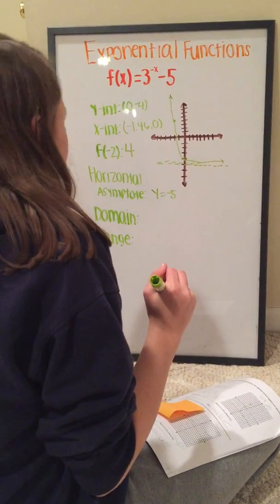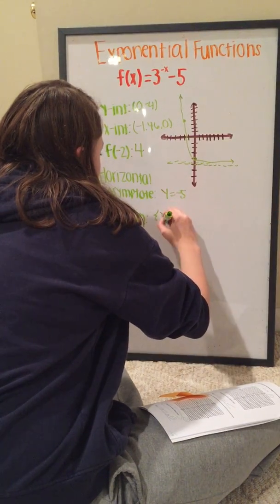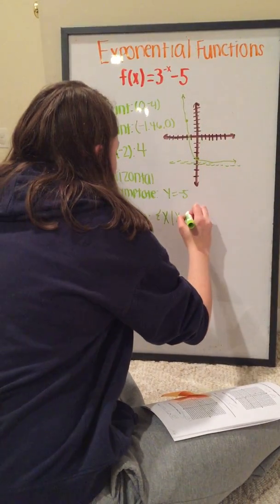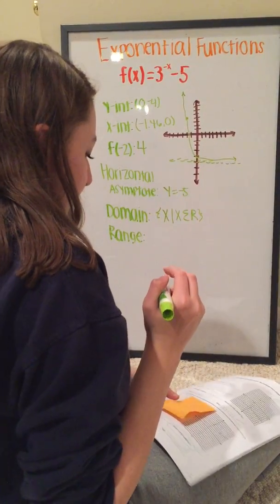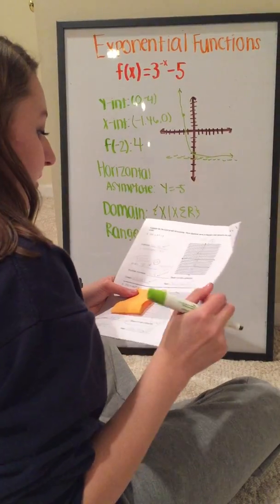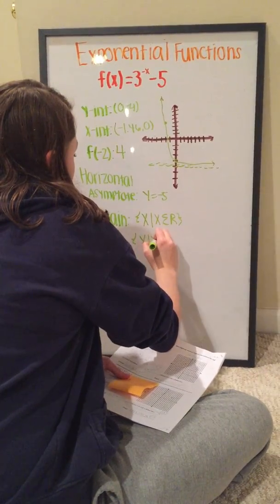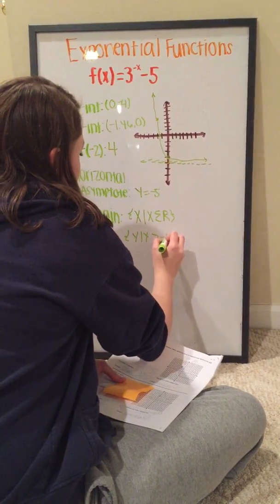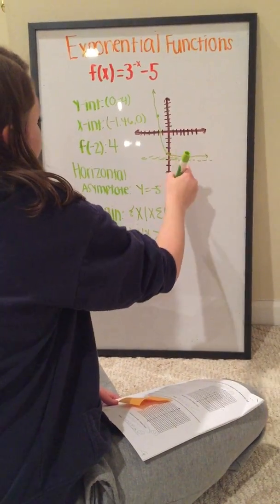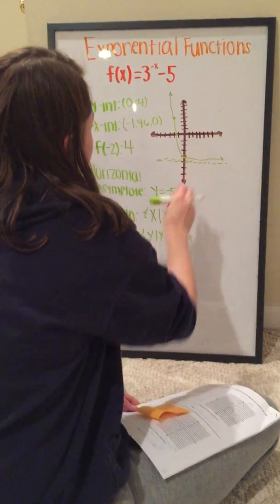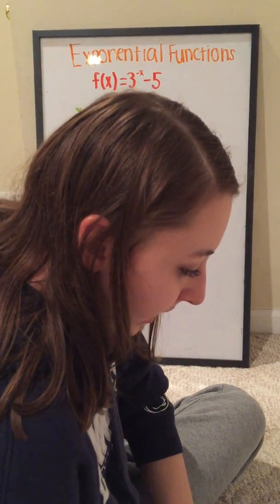And so the domain for this function is x, such that x is all real numbers, because there's no limit. And then the range of this function is y, such that y is greater than negative 5. And this is because, like I said, the line is approaching negative 5, so everything has to be greater than negative 5. Okay, and then the next type of problem we're going to be doing